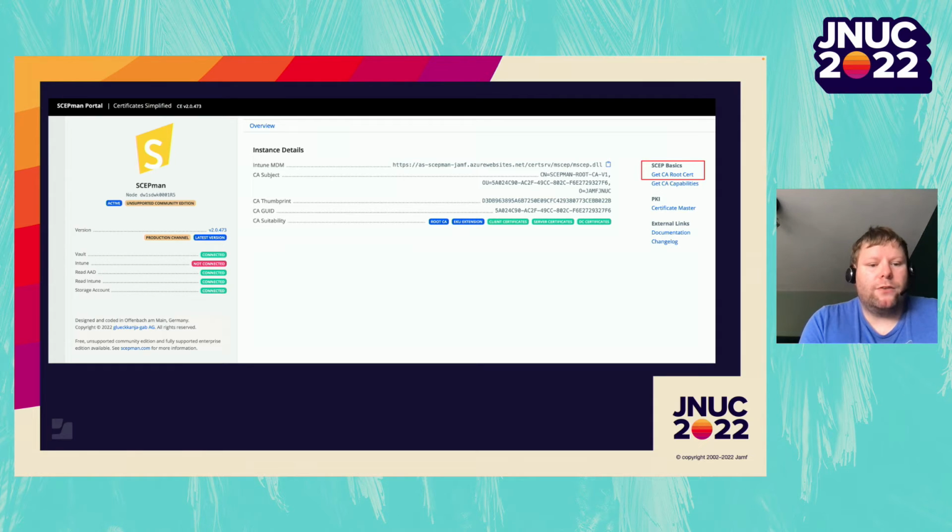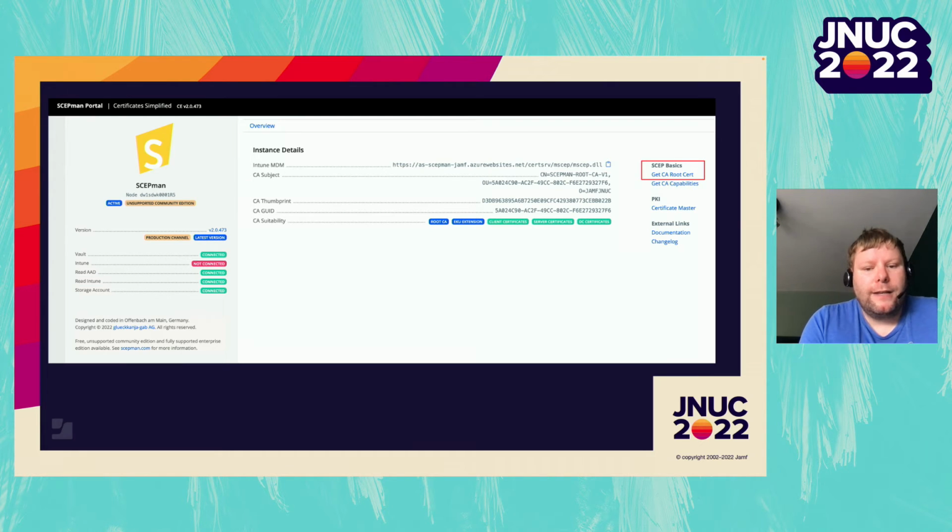Note that the Intune button will be red, and that's because we don't use Intune as our endpoint management solution, but we use Jamf, so that's something that we can ignore. From this website, we can already grab the CA root certificate, and we need that for later deployment. So go ahead and click that at this point in time, and it will download the certificate to your computer. Also, something that we will need later is the CA thumbprint. So in Jamf we call it a fingerprint, and on Scapman it's called a thumbprint. I will refrain from having the discussion at this point in time, but yeah, go ahead and copy that somewhere